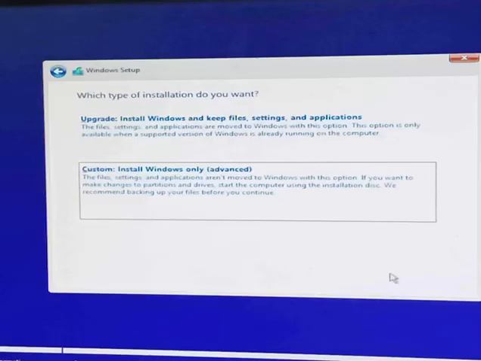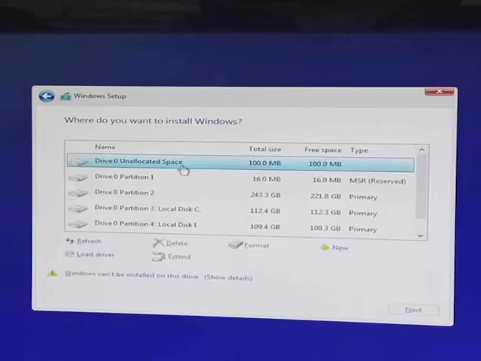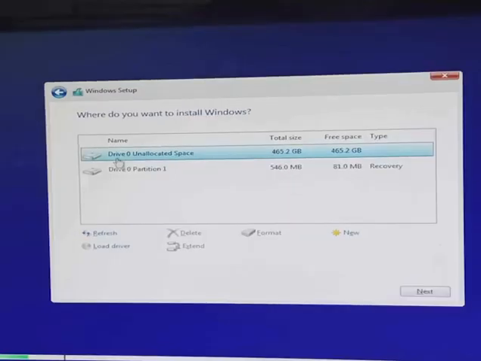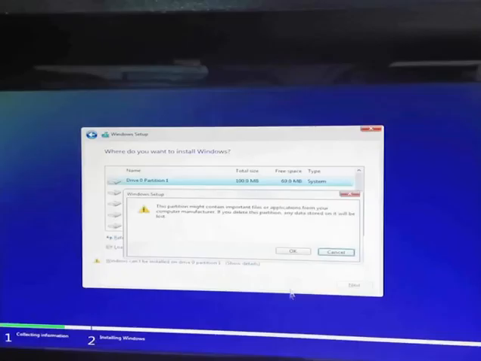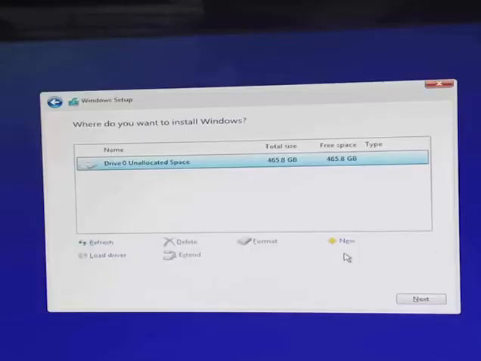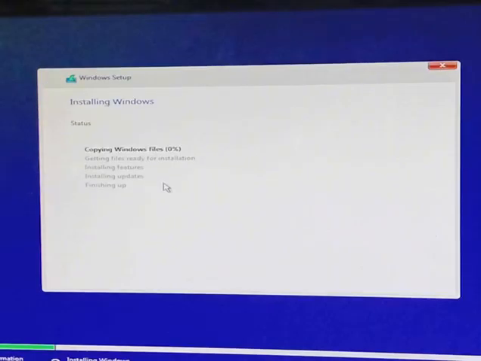Install Windows Only, and then you're going to need to choose where you want to install. I'm going to delete all of the partitions on drive 1, and I'm going to start from bottom to top. So this is unallocated space on drive 1, and then click on Delete. Now remember, if you delete the partition, any data on it will be lost. So if you're fine with that, go ahead and click on OK,